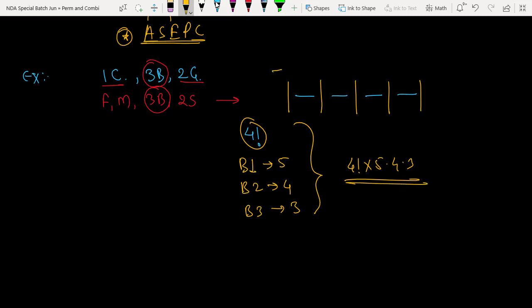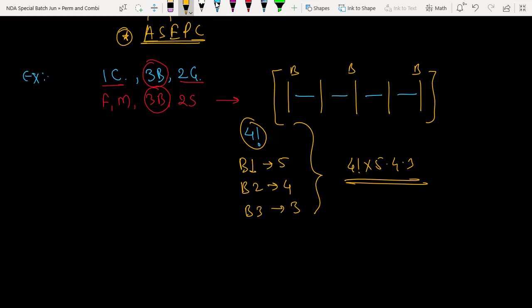Now see, if you understood this, you can have any random arrangement. Seat B1 here, B2 here, B3 here, you will satisfy the condition. You may have B1, B2, B3 here, but you cannot have B1 and B2 at the same place. Is this okay? Sir, can you explain it again? Which part? The brothers part. Okay, see here. Never together means you just remember that we are going with the alternate arrangement.